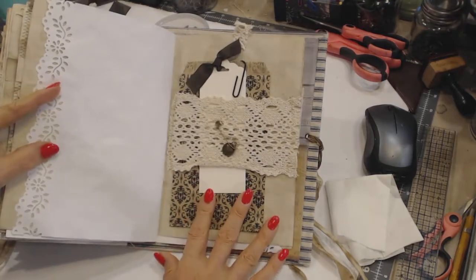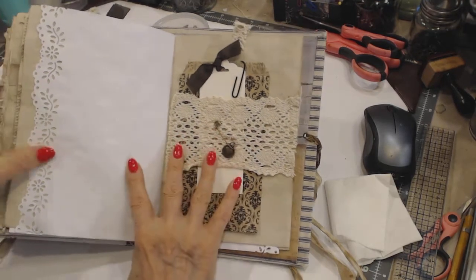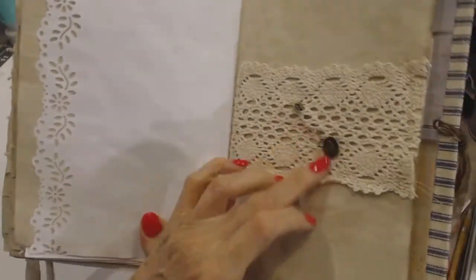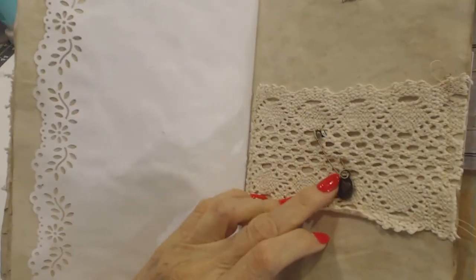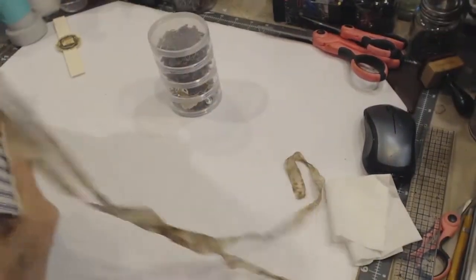Here is another belly band with the cotton lace, and with a safety pin. We've got 2 things here. With a safety pin, I pinned on this little heart metal right here. It's a brown safety pin. It's not rusted, but it's a brown antique with a little round heart. And then I have